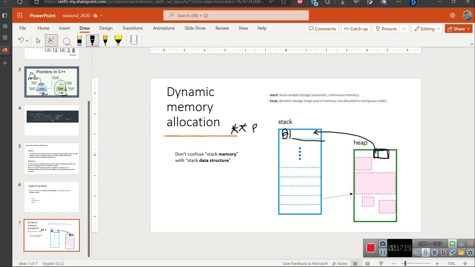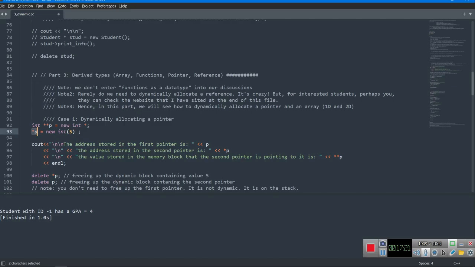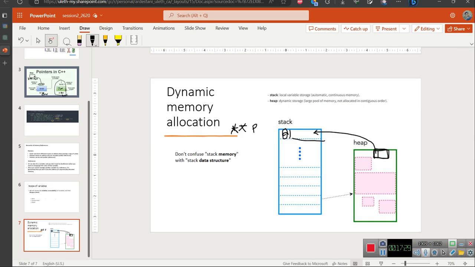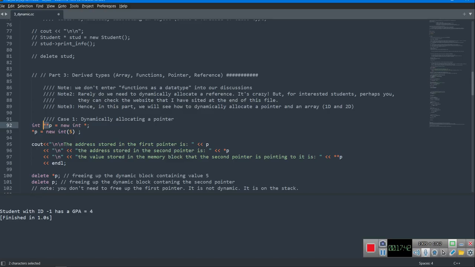when you use this star, you dereference p, which is a pointer to a pointer, one time. So by using star p, you will come to this block of memory. So star p refers to this pointer that we have here. And then I'm storing,